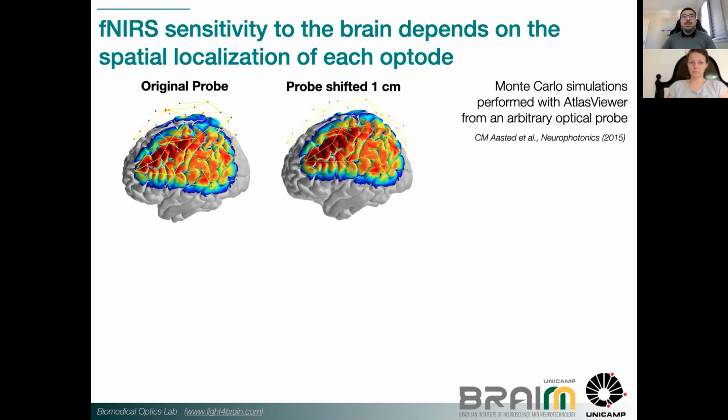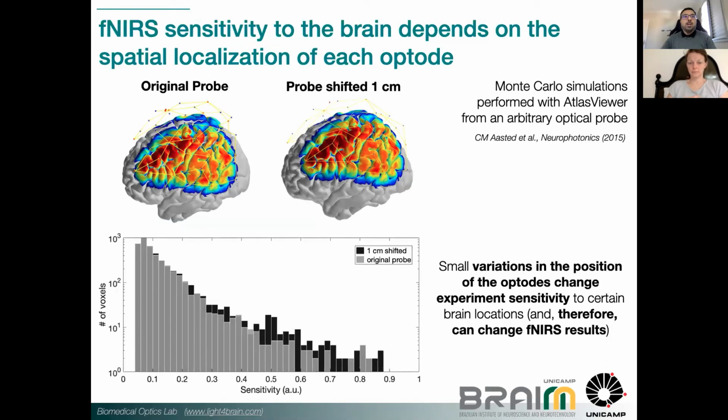And when you do that, just looking at the Monte Carlo, you see that you change the sensitivity of the probe to some regions of the brain. Specifically, you can change the regions that you are more sensitive to in one place. You can actually remove these high sensitivity regions by just shifting the probe 1 centimeter,